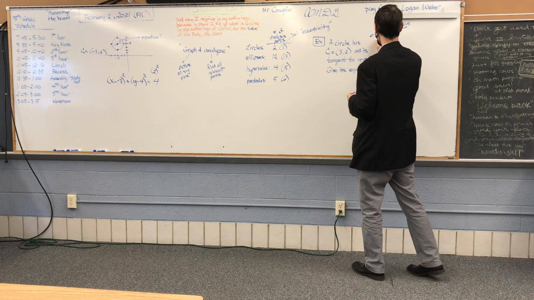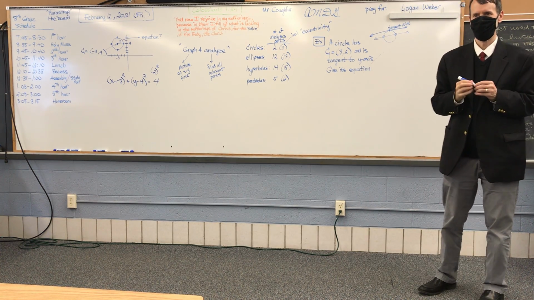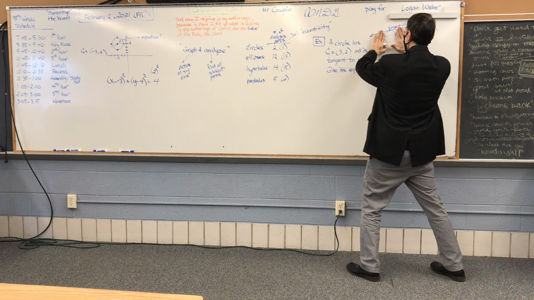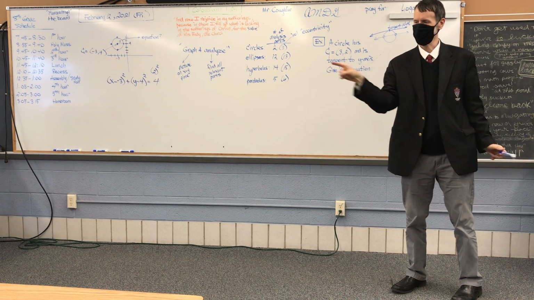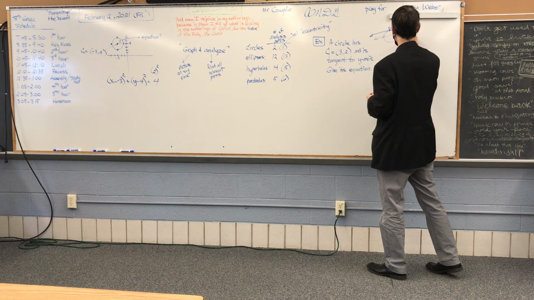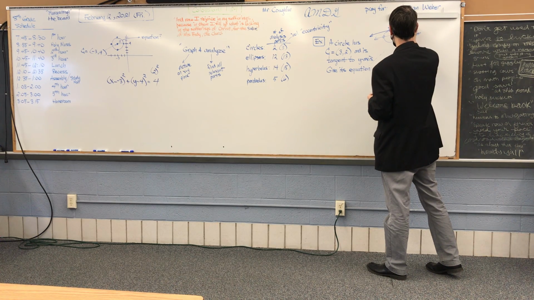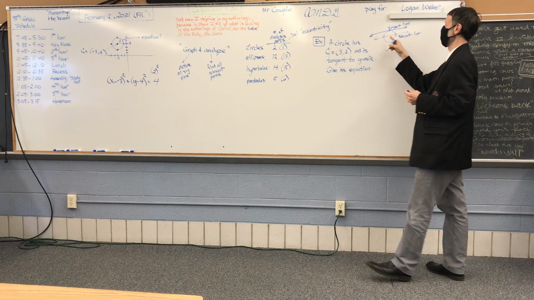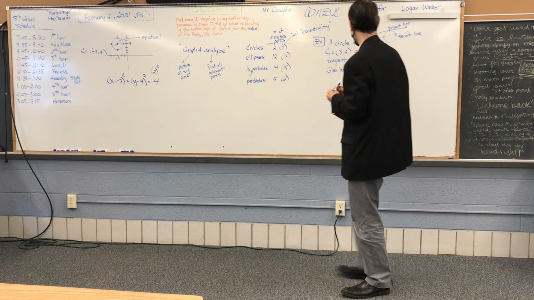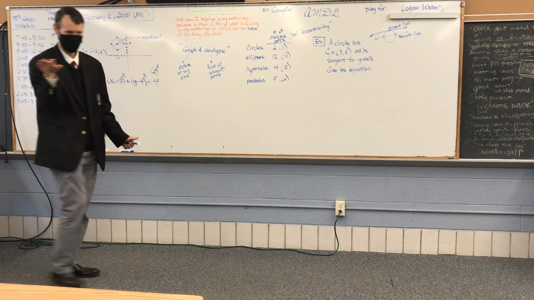Does anybody happen to remember the name of a line that hits twice? If it only goes from here to here, if it's just a line segment, that is a chord. The entire line that punches through and goes forever is called a secant line. So you can call this a tangent line. And there's a tangent point, and these are secant points, and this is a secant line. Make sense? The secant we're not really going to worry about just yet. Tangent I'm interested in for this problem. In other words, if something just barely grazes the graph,